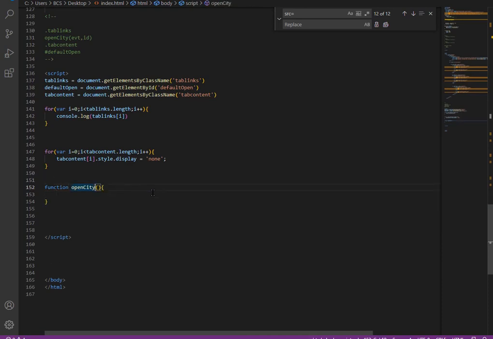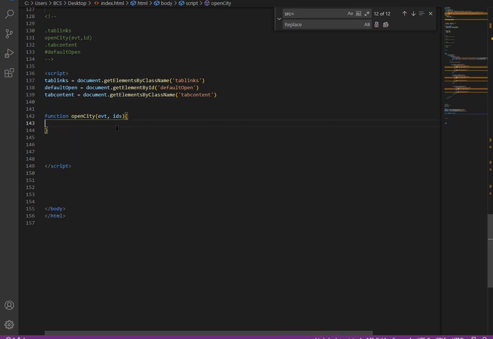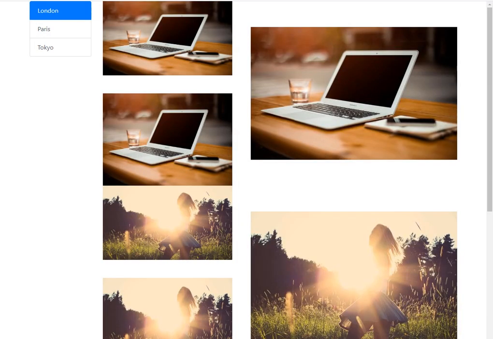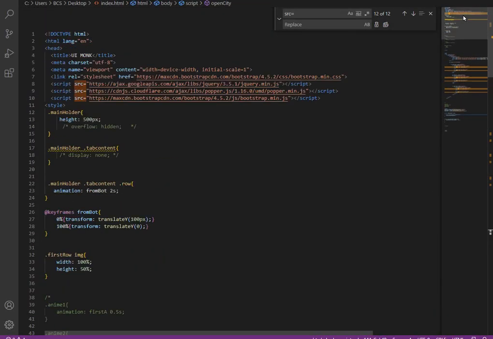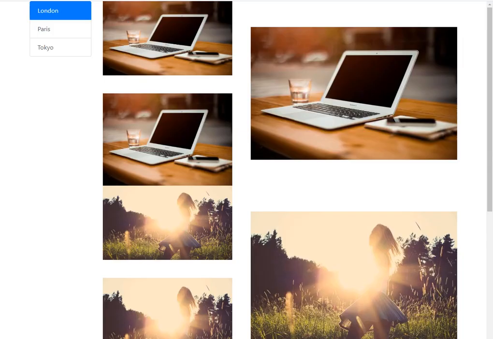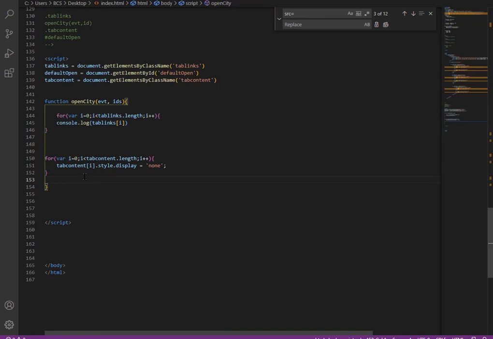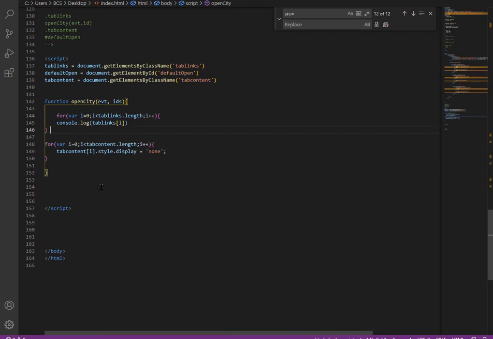The first one is the event EVT, and the second one is going to be the IDs passed. Now let's get these two over here in the function. I'm not clicking anything, so by default it is going to be display block. So let's use the CSS and make this display none. Now we know why we need to use display none in the CSS. The function is not going to get triggered until you click it.